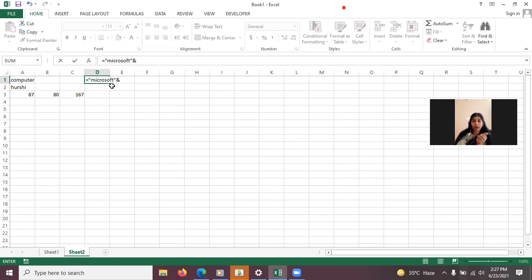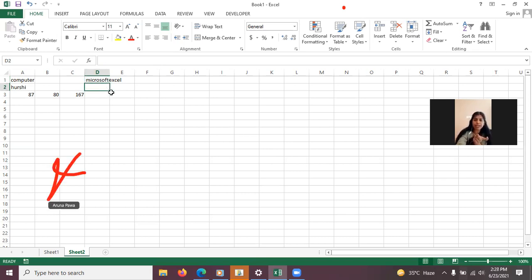Yes, okay. Again inverted commas and write down Excel. Inverted commas, close. Press the enter key. So now you can see that we have written 2 words, Microsoft and Excel. Now they have been created as a single word. There is no space between, right? It becomes a single word here. We have combined these 2 text words by using the ampersand sign. This sign is called the ampersand sign.